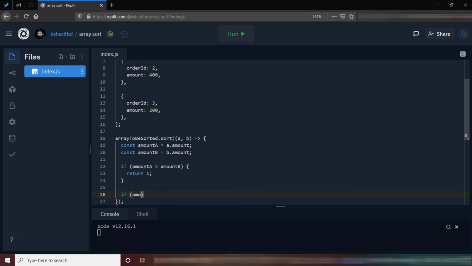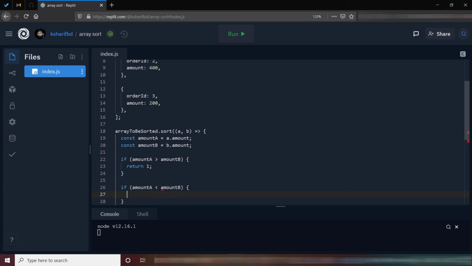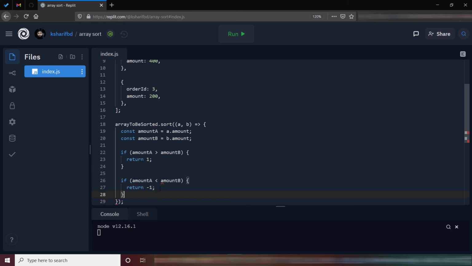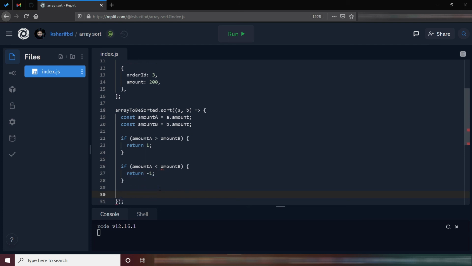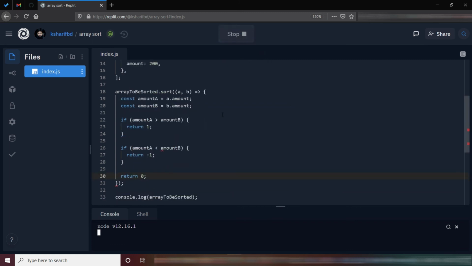If amountA is less than amountB, then return -1, else if amountA equals amountB, then return 0. We see that our array is sorted in ascending order: amount 100, then amount 200, then amount 400.